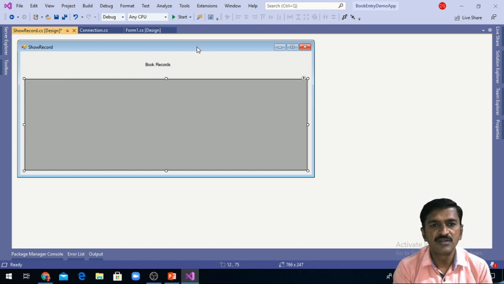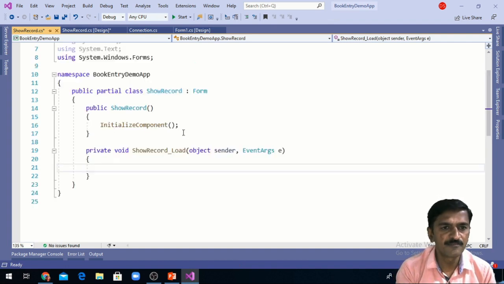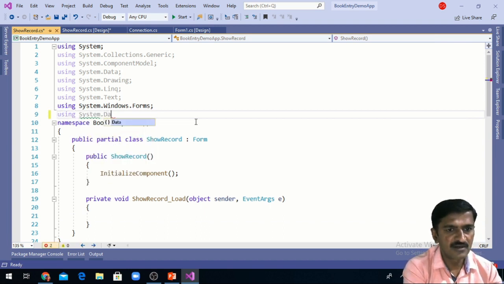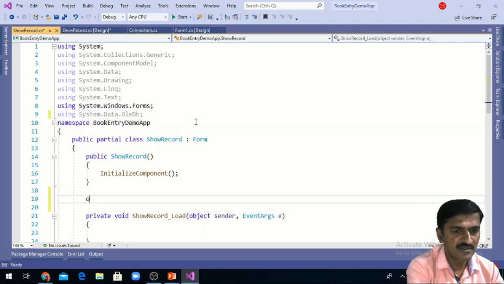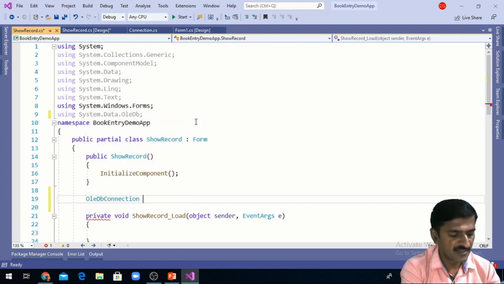I am double clicking on the form title bar, and I get the ShowRecord Load event here. Before that I am going to use the System.Data.OleDb package. Once I add this package, I can create the object of OleDbConnection. So I am creating the connection object.